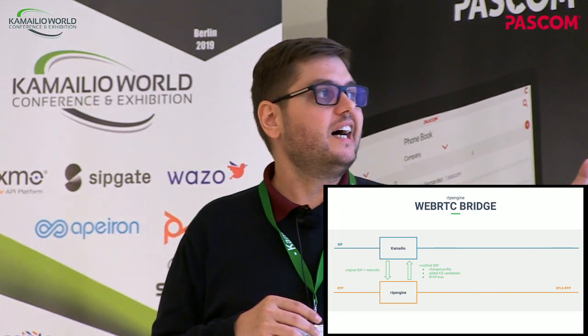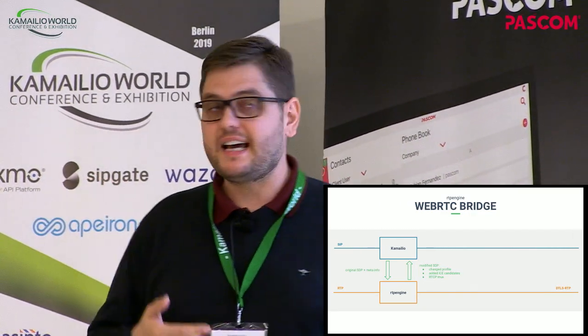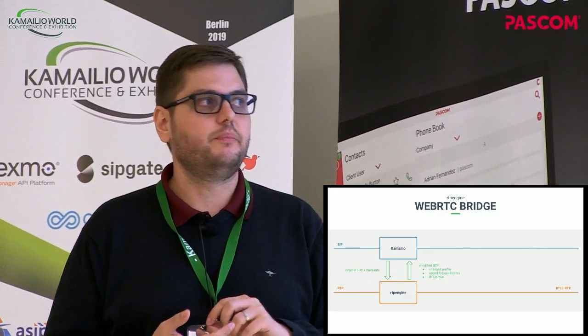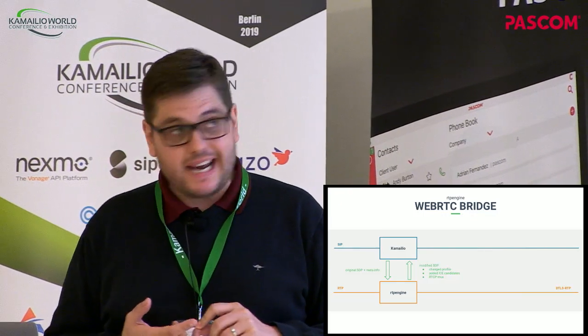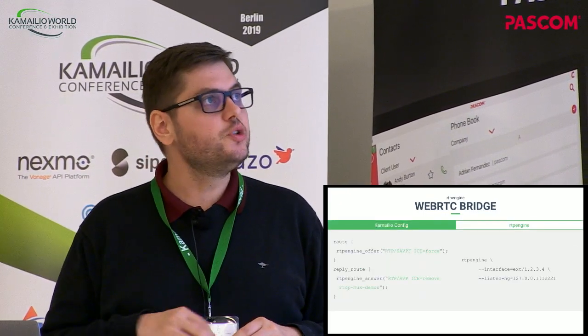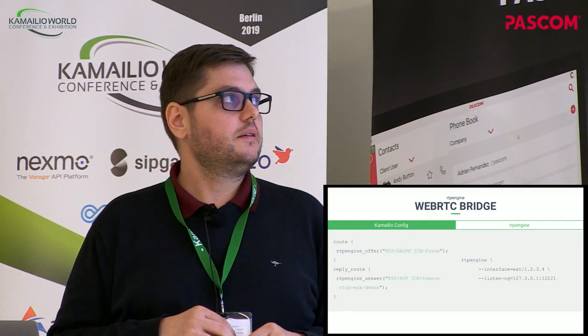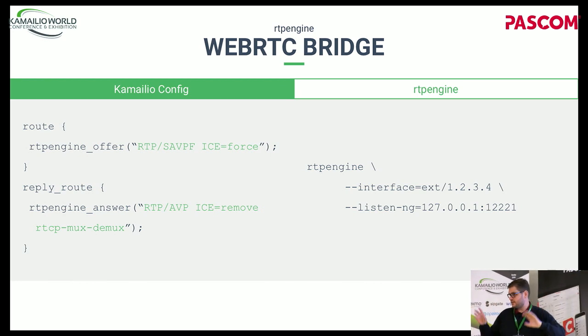And what RTPEngine does is, as I said, it changes the profile, it adds or removes ICE candidates, it adds RTCP multiplexing options into the SDP, mangling it in order for the two peers to communicate to each other. And the way it works is, in the easiest use case, as we said before, you can use RTPEngine manage, and manage is basically a wrap around an offer and an answer and the request and the response.